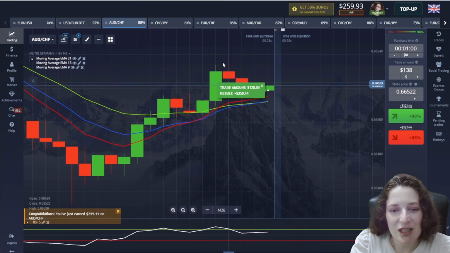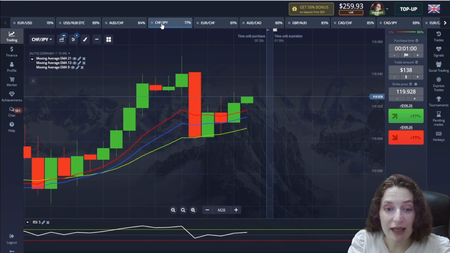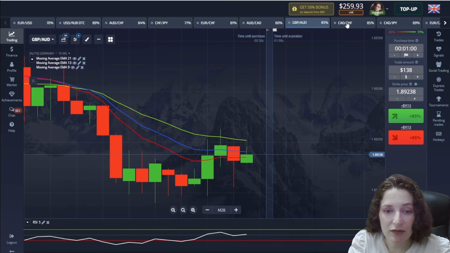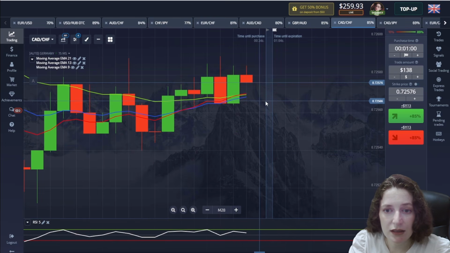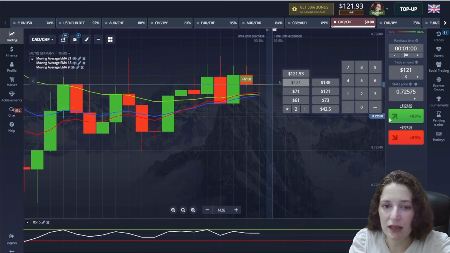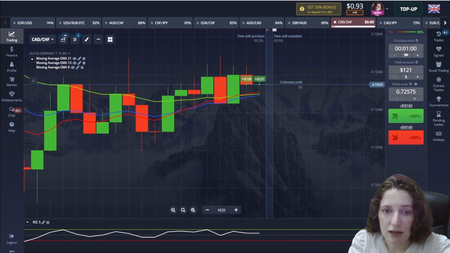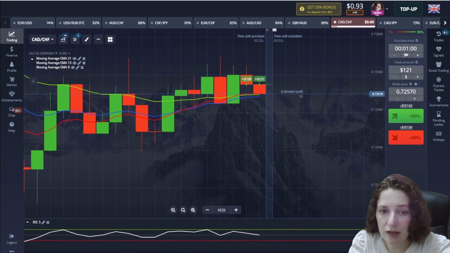So my analysis was justified here as well, and I'm very happy about this fact. Now let's find the next good moment. I think it's a wonderful moment, probably the best of the previous moments, because I caught the very first candle from the crossing, and here I put all the money I have because there is a high probability of an